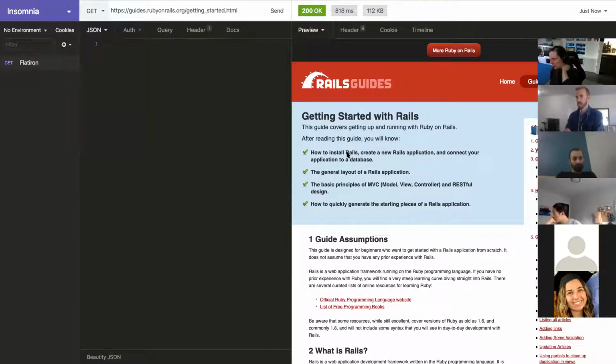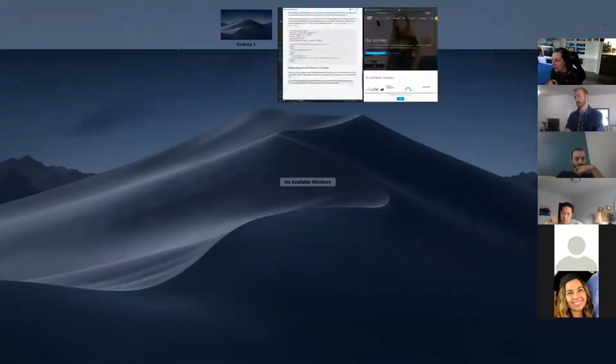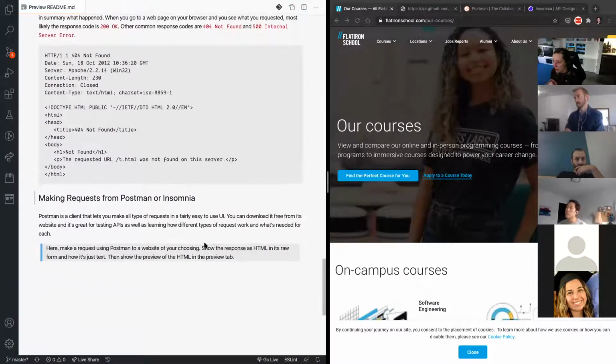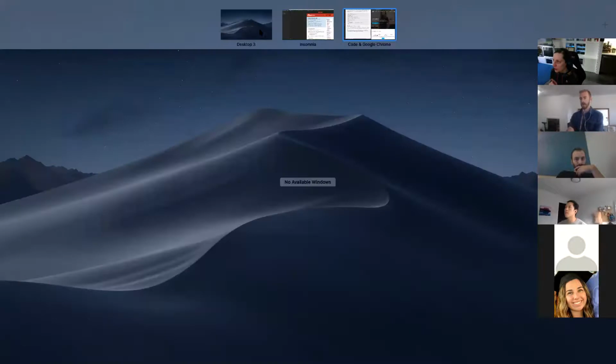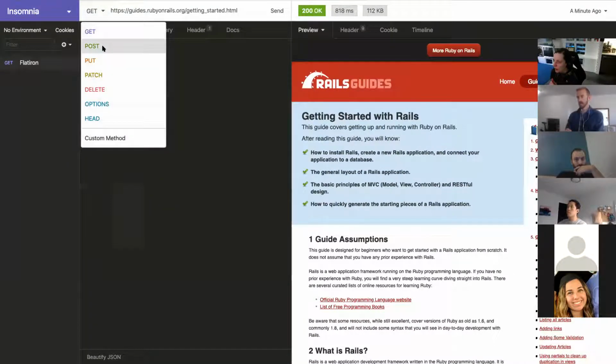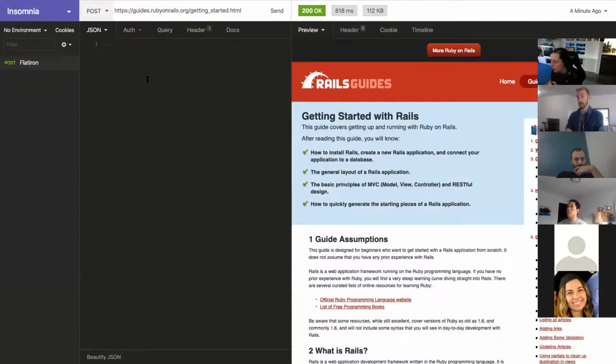I actually don't have, we're not able to make any kind of post or patch or delete requests to our Ruby on Rails guides. I just wanted to show you what the options are here. But I don't actually have a server set up where I can make those requests. Maybe I could have done that. We'll do that tomorrow for sure. But I just wanted to show you that you're able to make different types of requests. So if you wanted to make a post request, which would mean we are creating some kind of new resource, obviously the Ruby on Rails guides aren't going to allow us to just go ahead and do that, or like deleting a resource, right?